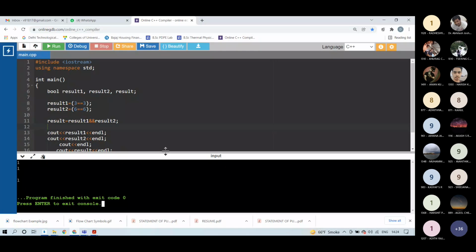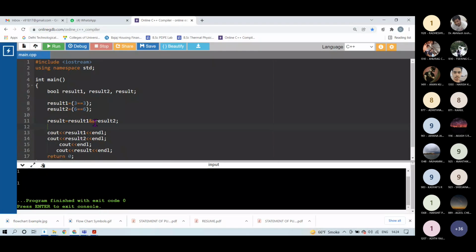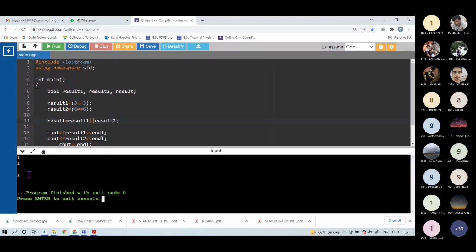So what I can do is replace this AND operation with two vertical lines to make it an OR operation, and then I can see. This will be the case when both the inputs are 1 and 1. So output is coming to be 1.